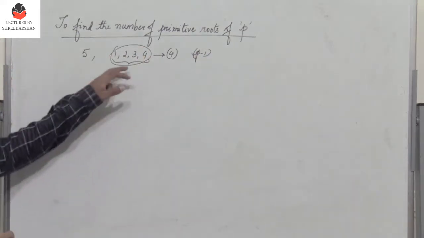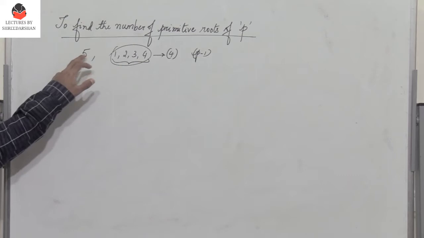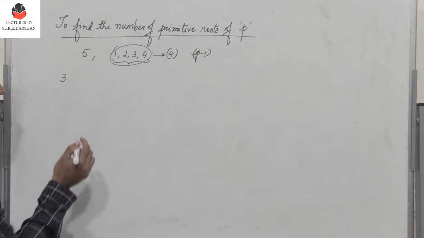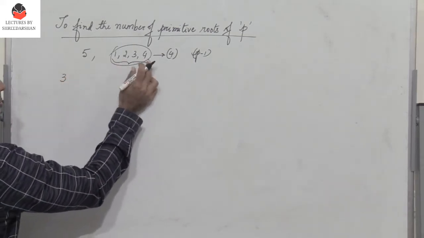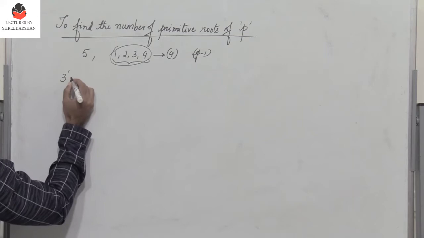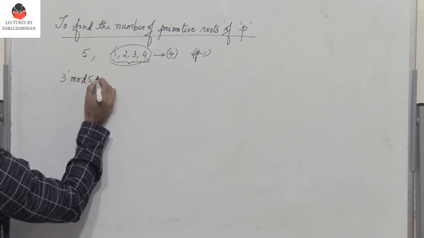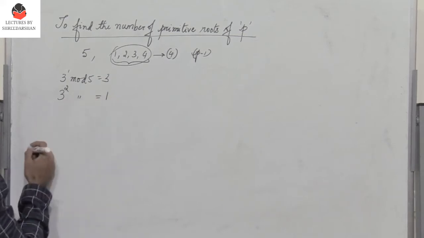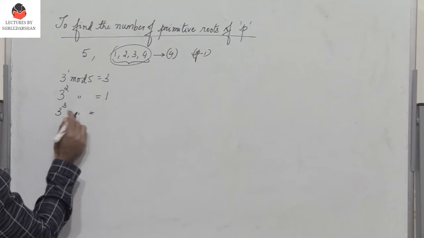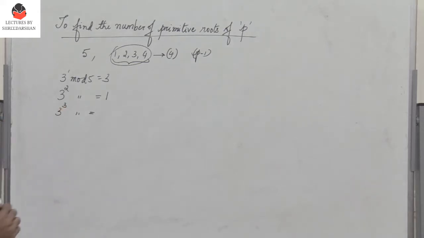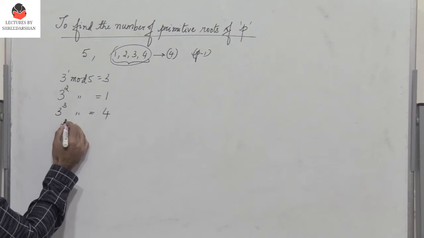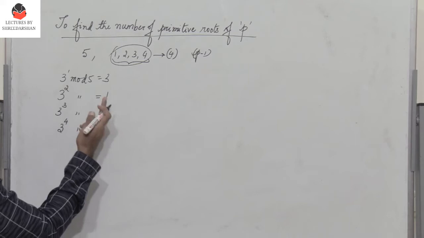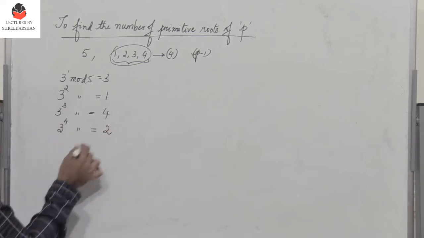So among these 4 numbers, which of them is a primitive root of 5? Now for example, if I consider the number 3, what did we do? We raised 3 to all the numbers which are relatively prime to 5. So I do 3 power 1 mod 5 gives me 3. 3 power 2 mod 5 is 6, in mod 5 is 1. 3 power 3 mod 5, so you have 9, in mod 5 is 4, and next 3 power 4 in mod 5 is nothing but 4 into 3, which is 12, in mod 5 is 2.